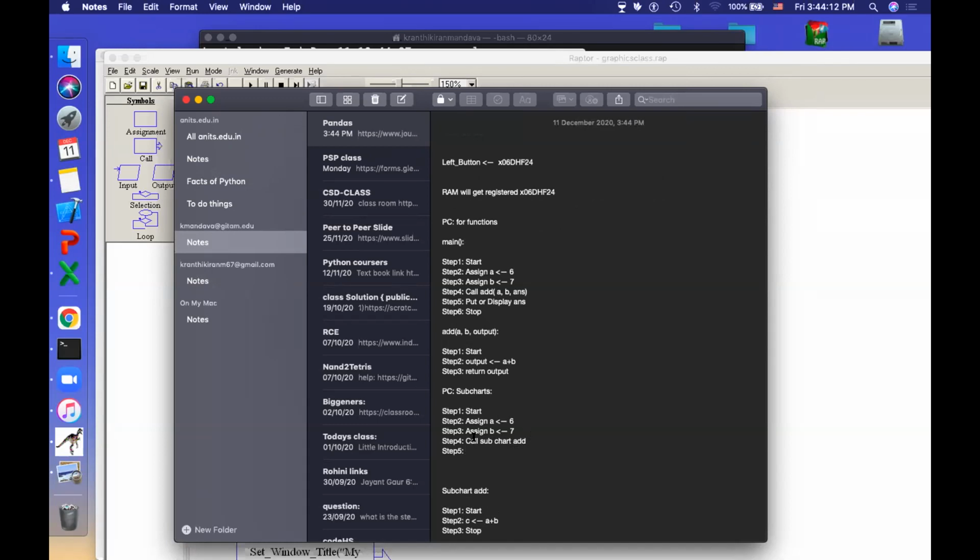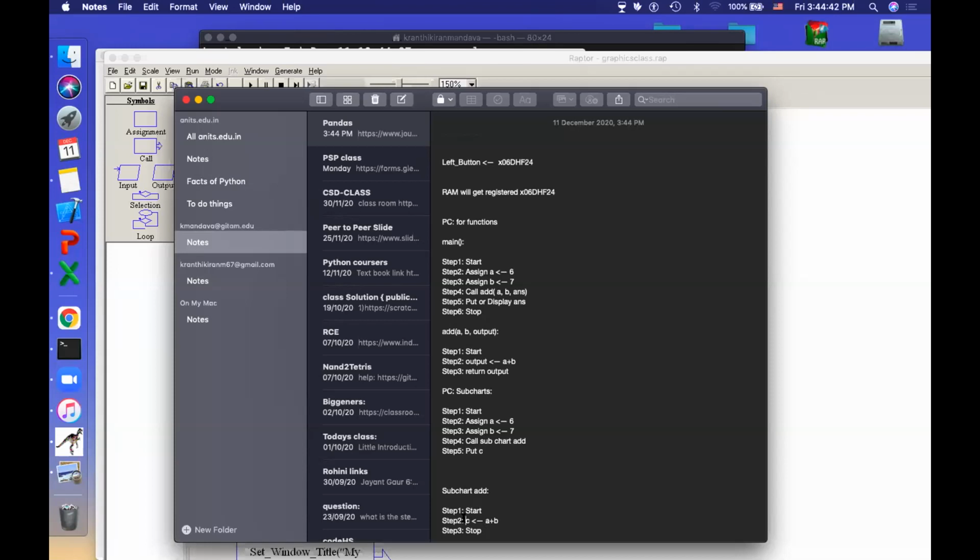So instead of writing all those steps here, if you have major steps, you want to reduce the number of lines of code in the main program itself, you just reduce it a little bit. That's all. For that, you use subcharts. And then you directly put, so I'm not dividing it, you understand by this time, and say C. Now it will understand what is C, because C is part of this one only, but we still say it's just a subroutine, subchart, that's all.